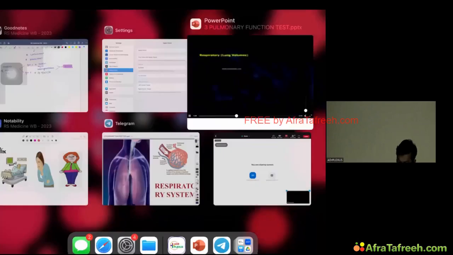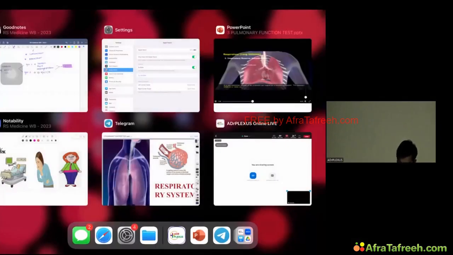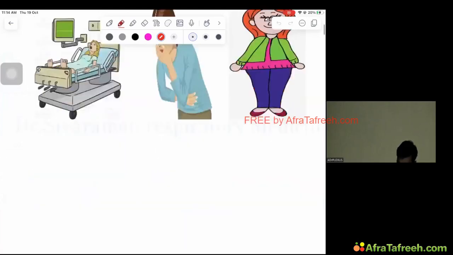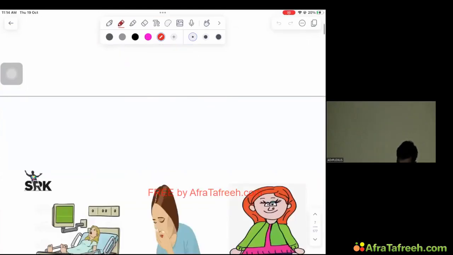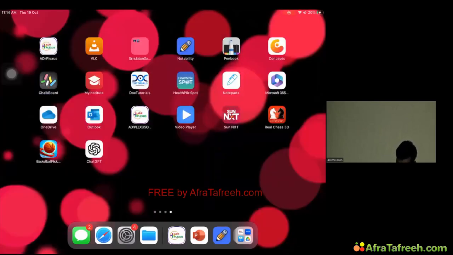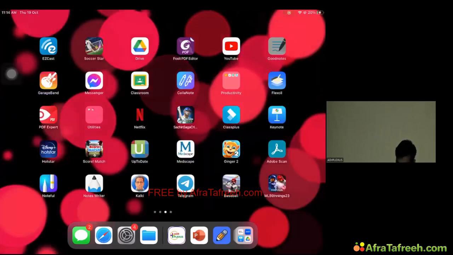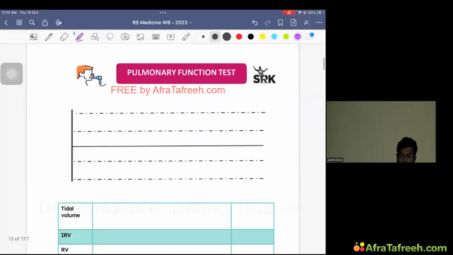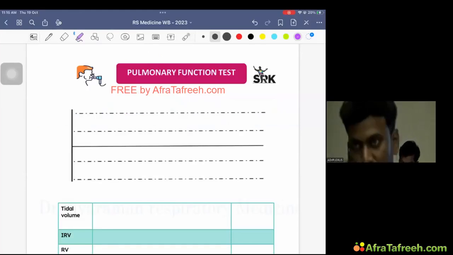There is going to be a change in the lung volume. Now, coming to the pulmonary function test, every day you breathe in and breathe out without your knowledge,